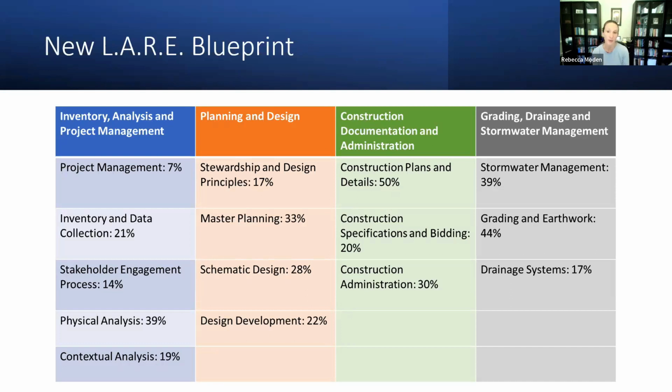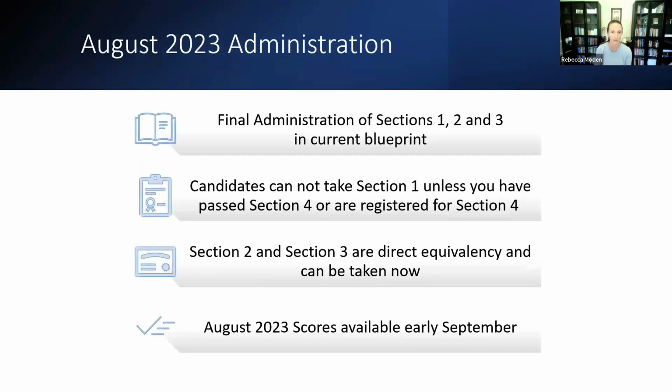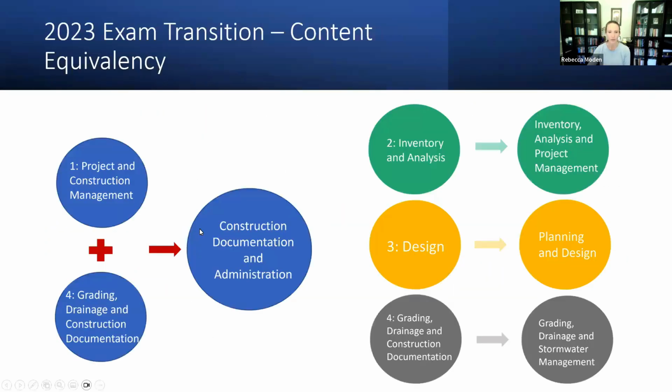At this point, CLARB's recommendation is if you have not passed section 1 and you have not passed section 4, do not take section 1, because they go together. You can continue with 4 because you'll get credit for a new section. If I go back, I doubt you guys can see my mouse, but let's annotate. All right, draw. Section 4 here: if you pass it by itself, it gets you credit for this, no matter what happens with section 1. So if you want to pursue 4, that's fine.